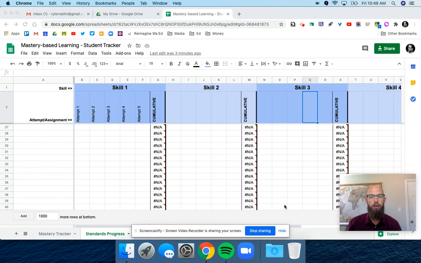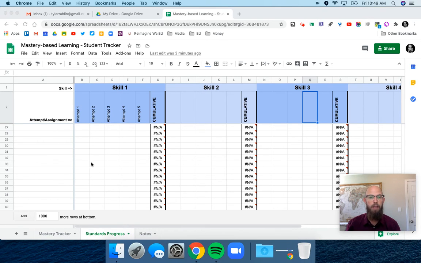So here is what a gradebook could look like. I'm just going to show you a couple things on here. The first thing that I need to emphasize is that the primary method of organizing this data is by skill. Now, I know often in especially secondary classrooms, in most grade books, we organize by assignment, and there's a place where you can record that, but it's important that we're starting by emphasizing the skill because that's the basis of mastery-based learning. So in this gradebook, you'll notice that there are different categories or sections, and each section corresponds to